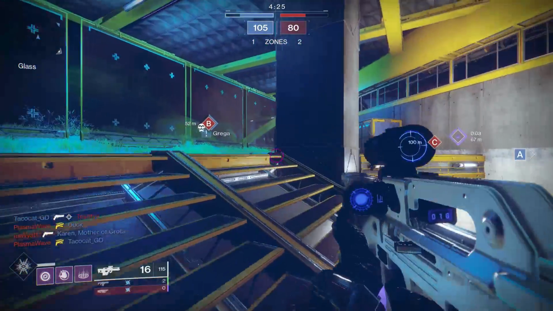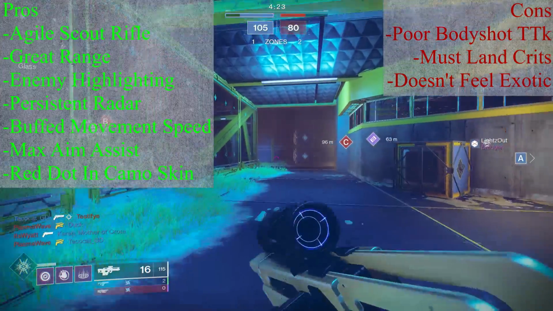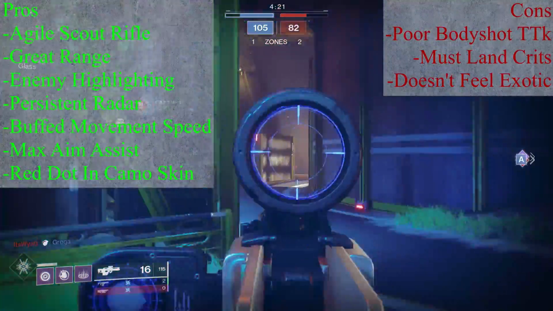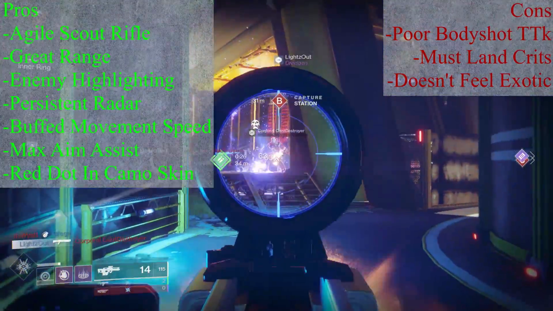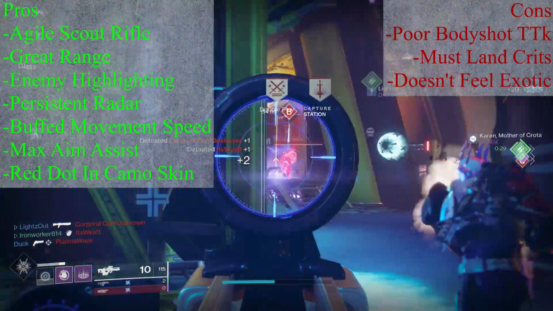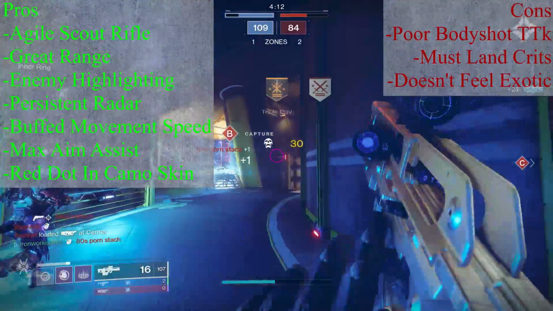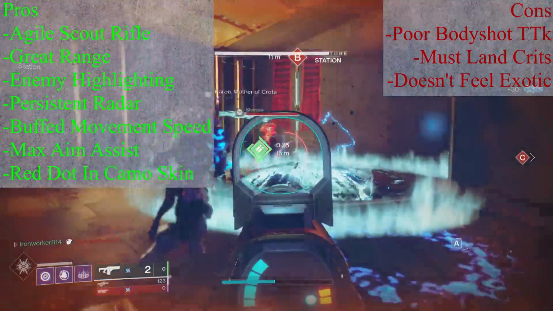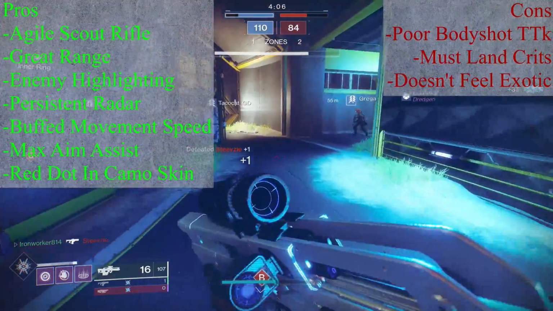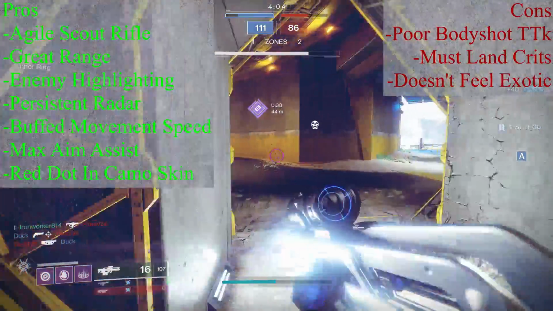So the verdict, and would I say that Mida is a good option for PvP? Generally speaking, I have to say yes. Some players who don't prefer precision weapons may have trouble with it, but for most players, if you want to use a scout rifle in the Crucible, I'd say this is the one you want to be using. It may not necessarily have that exotic feel, but the stats of the weapon and the overall responsiveness of Mida